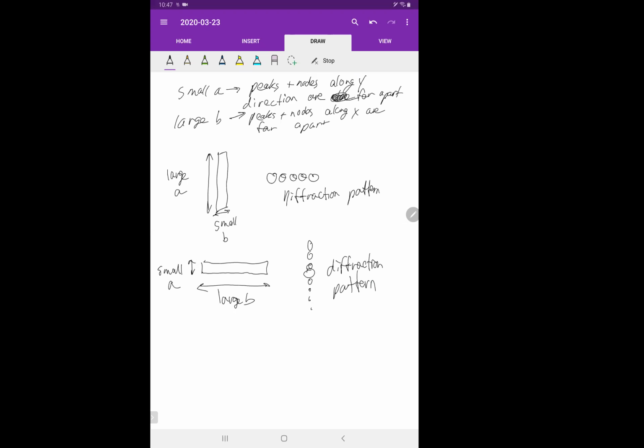that when you have something that's large, some feature that's large on the object, like something that's very wide in the horizontal direction, the diffraction pattern is very narrow in the horizontal direction. If you have something that's very long in the vertical direction, the diffraction pattern is very narrow in the vertical direction. And conversely, if something is narrow in the vertical direction, you get a diffraction pattern that's very wide in the vertical direction. Which is why if you go further into diffraction theory, you will often hear people start saying